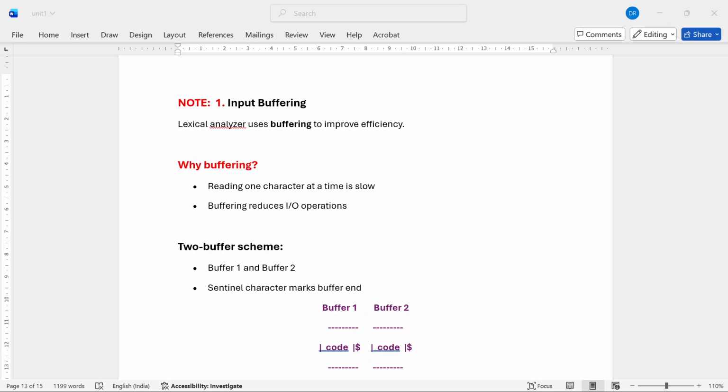In this video, we are going to discuss a very important topic, that is input buffering. It is basically a technique used by the lexical analyzer to read the source program efficiently. Instead of reading one character at a time from the file, the lexical analyzer reads a block of characters